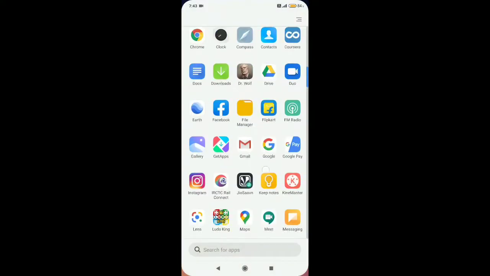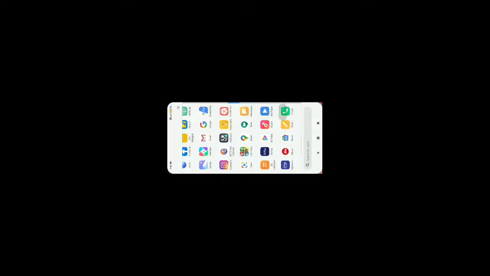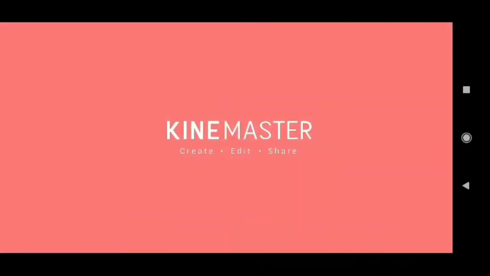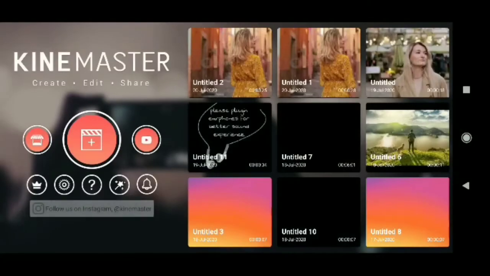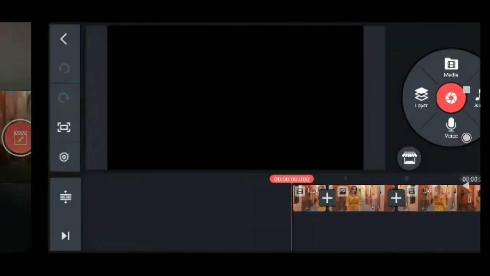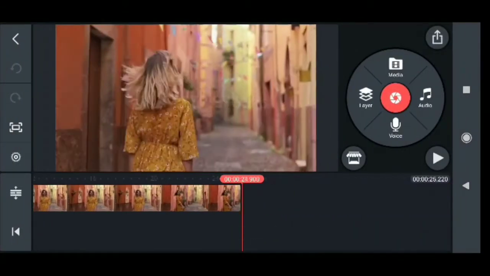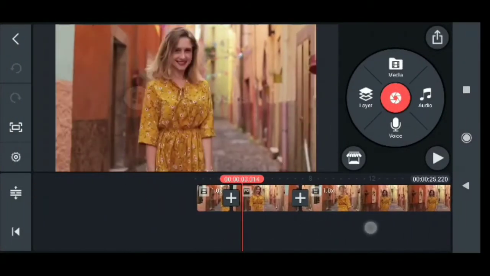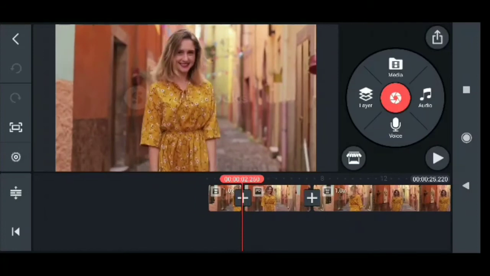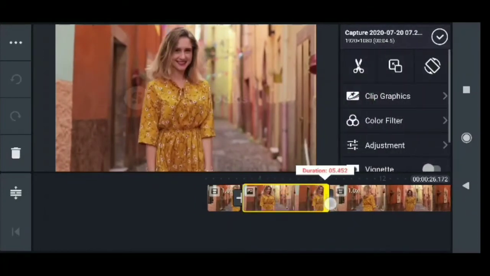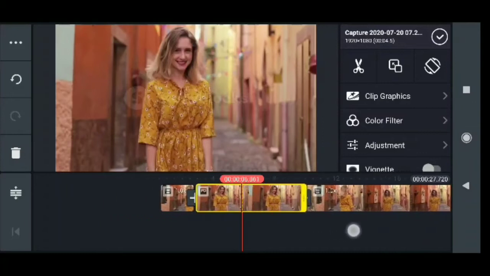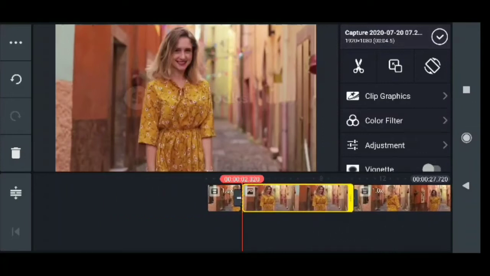Now open KineMaster and select the project which we have left behind and press on the edit button. So we have the initial project like this. Now add a media, and I am extending the photo, see this one,